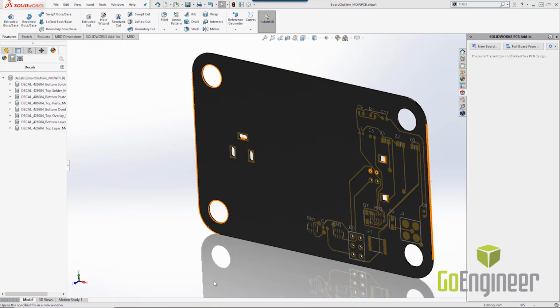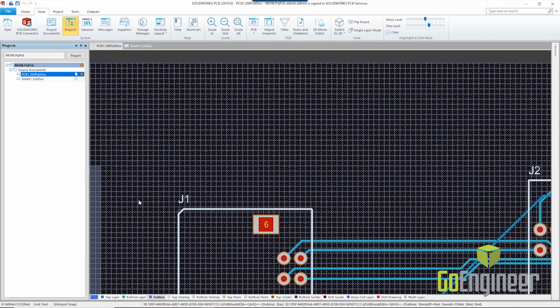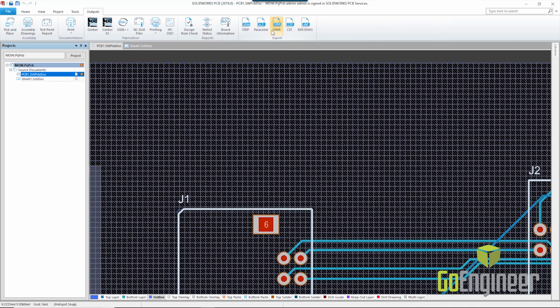Now on the PCB side, we did add a couple new capabilities here. When we're looking at our board layout, switch over here to 2D view, flip to the outputs. We now have the ability to export this out as a VRML, so we could actually directly send this to one of the, let's say, Stratasys printers, as well as CST and DXF-DWG format. So we can actually just, from right here, create a DWG file of the board